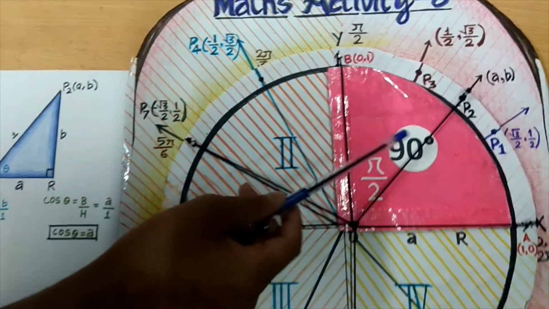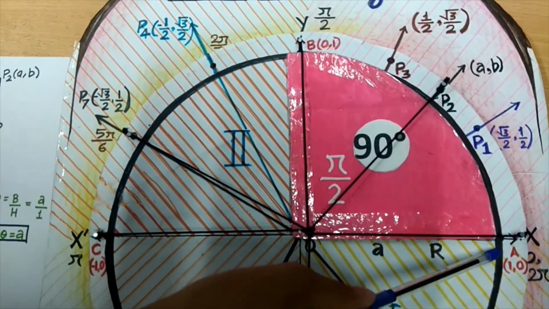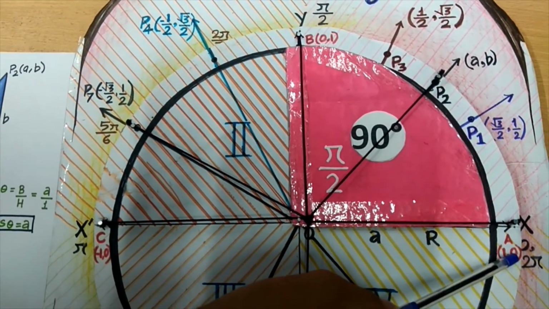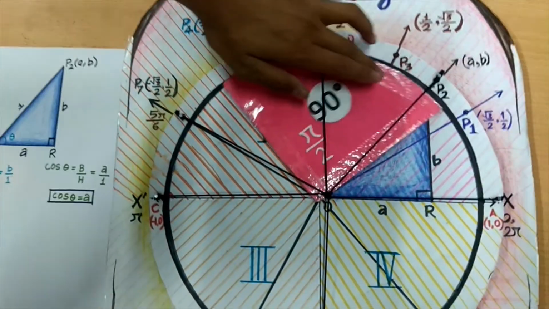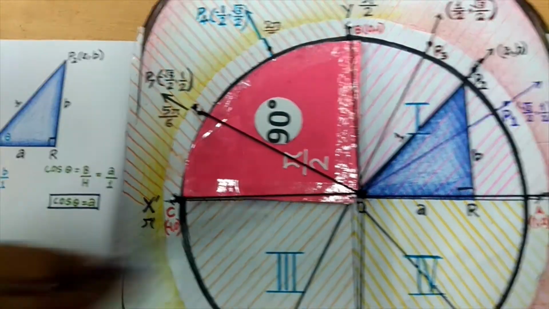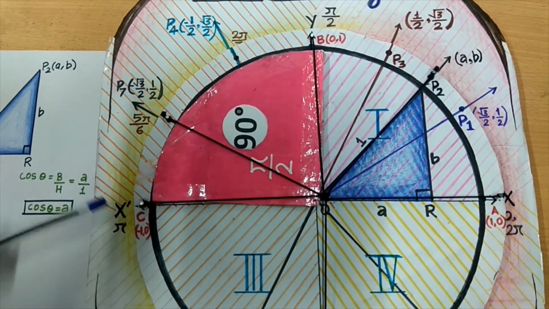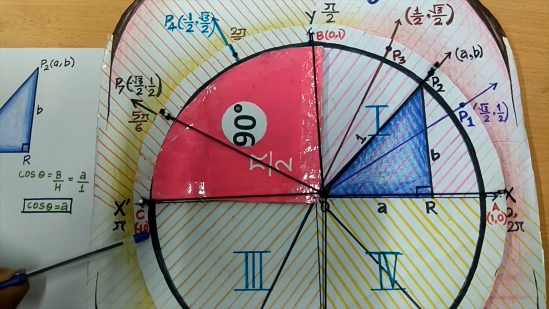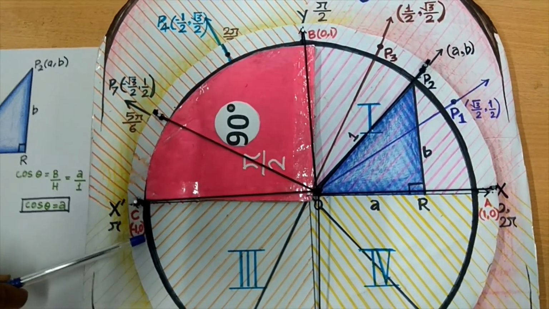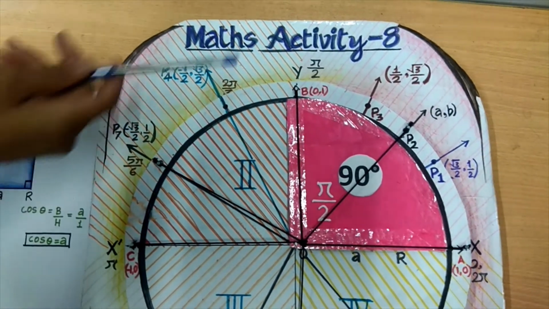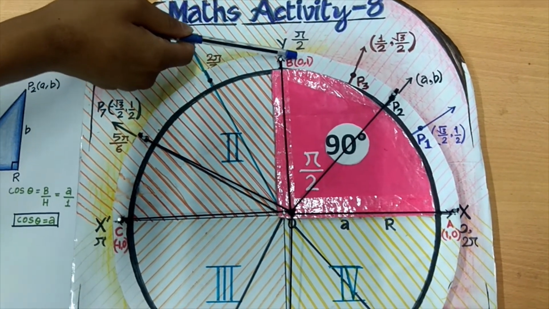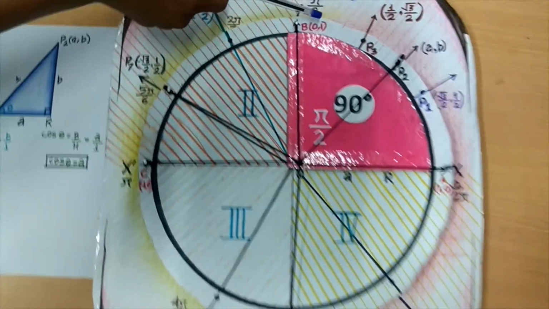Here we have taken a 90 degree angle. The coordinates of A are 1 and 0 because cos 0 is equal to 1 and sin 0 is equal to 0. If we rotate this angle, we can also find the value of pi angle because coordinates A and C are the mirror images of each other. So the coordinates of C will be minus 1 and 0 because cos pi is equal to minus 1 and sin pi is equal to 0. And here we see that the coordinates of B are 0 and 1 because cos pi by 2 is equal to 0 and sin pi by 2 is equal to 1.